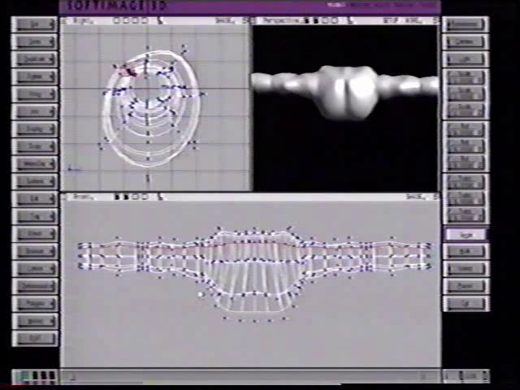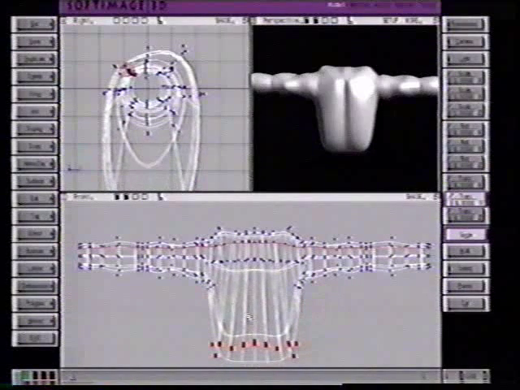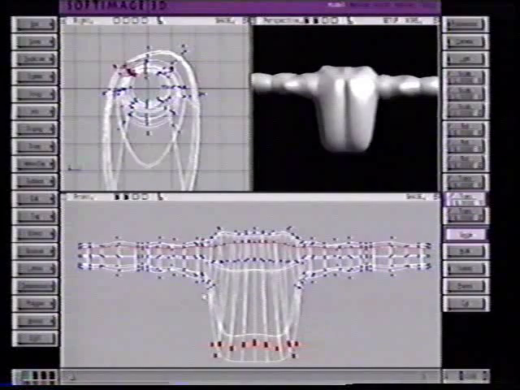If we go and tag points and translate them down in order to create an area down here for the stomach area and ribs area, we're going to end up getting a lot of pulling, and the subdivisions again are not going to go in the correct way to get a good bending when the torso tries to bend over, nor are you going to get very good bending in the neck up here. So in each of these cases,